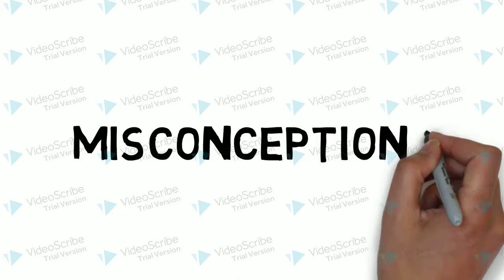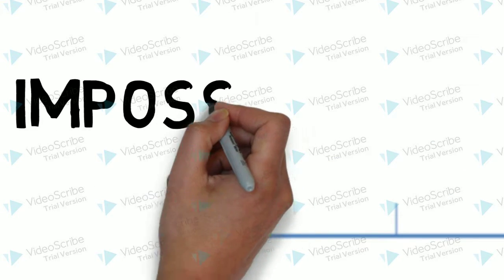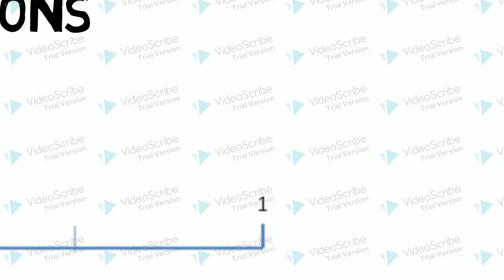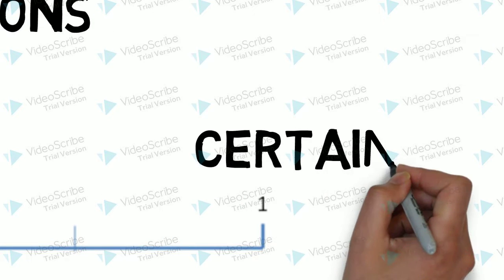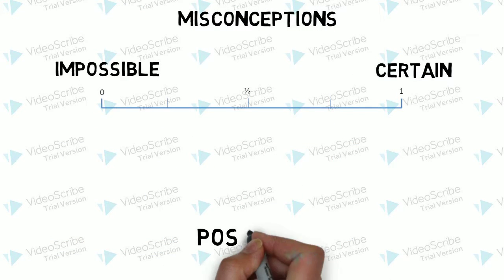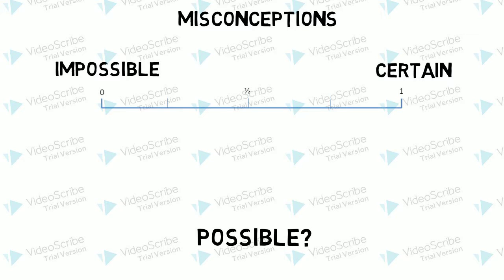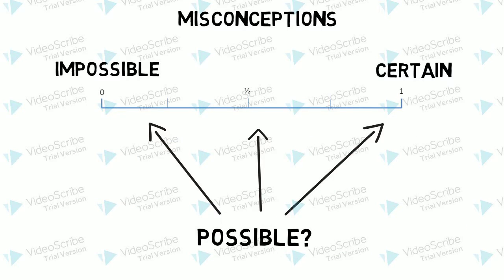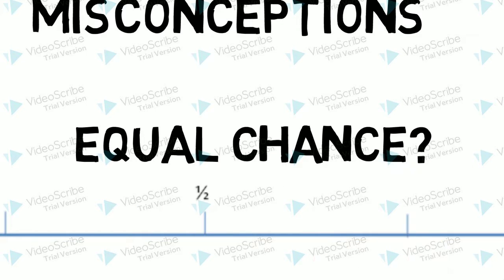One major misconception arises from using the number line to rank possibilities. As impossible can be placed at 0 on the number line and certain can be placed at 1, it is believed that other terms such as likely, possible, and equal likelihood can be placed as well. However, any number higher than 0 can be labelled as possible, and it would be suspected that equal likelihood would